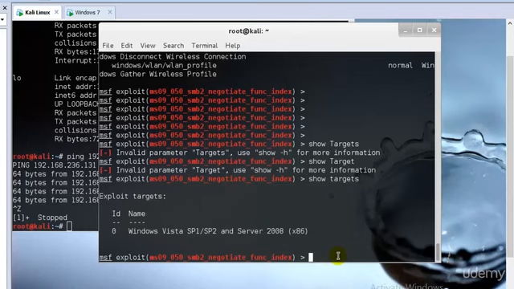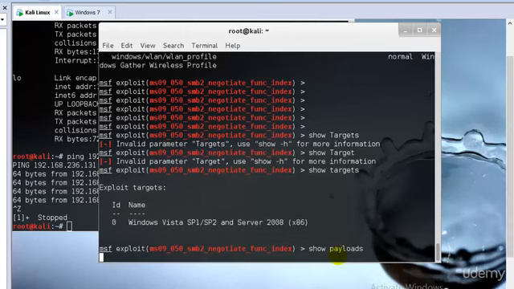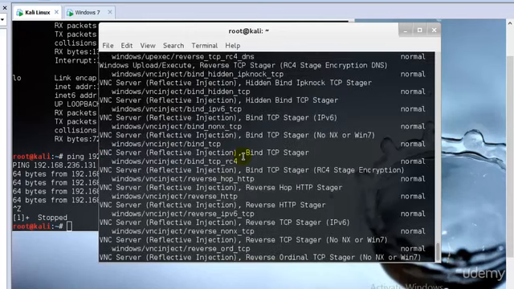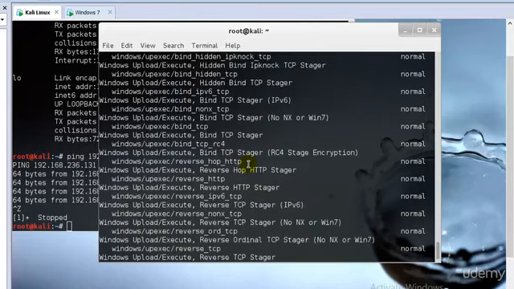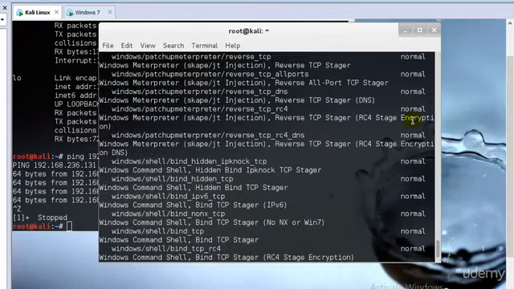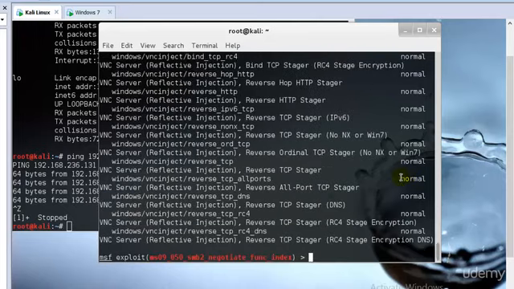So now I need to check whether there are any payloads related to that. So I can just type show payloads and hit enter. And these are the payloads that are available for this kind of exploit. And these show exactly which one is encrypted, which one is not, and which one is best used for our purposes. So after that, now we can also use show advanced or show options